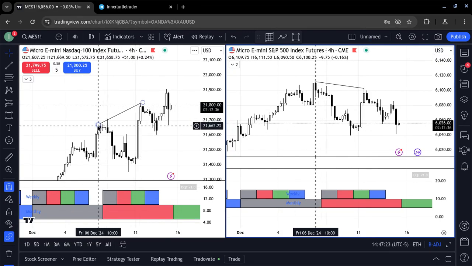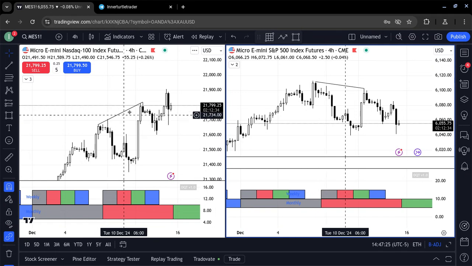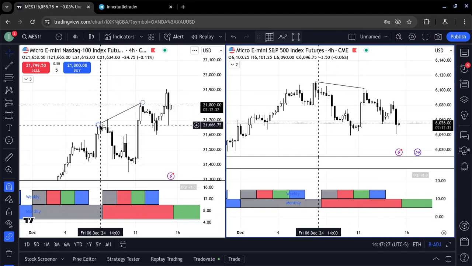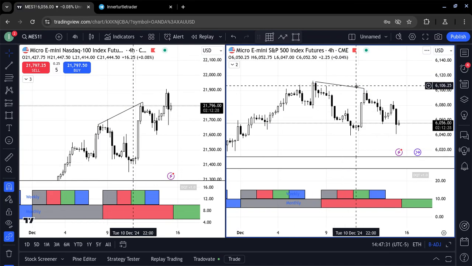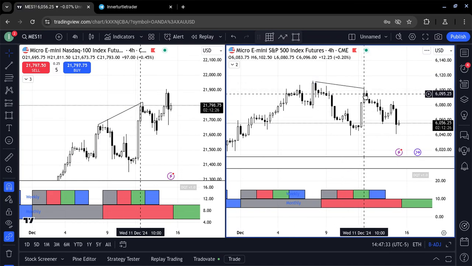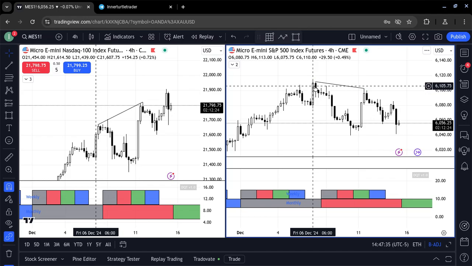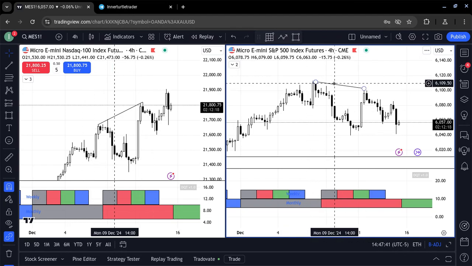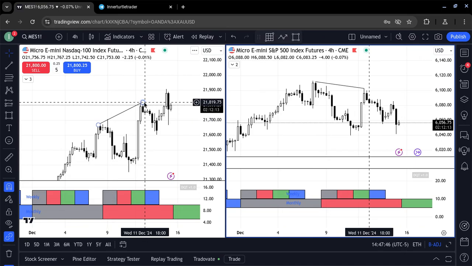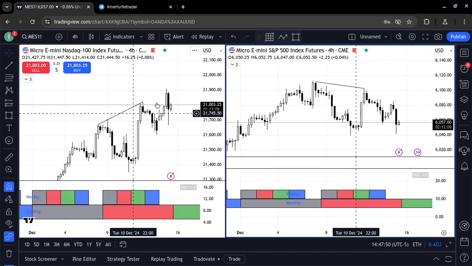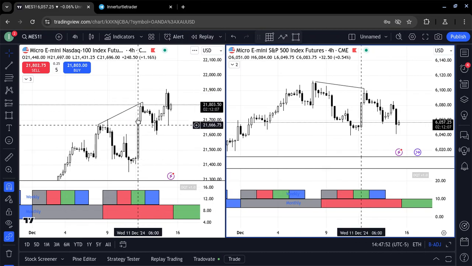Not this one, actually this high right here, because the closes matter. And then this high and this high, you can see the body closed below this high. So we had a monthly sequential SMT, right, which was the precursor for me after this one particular